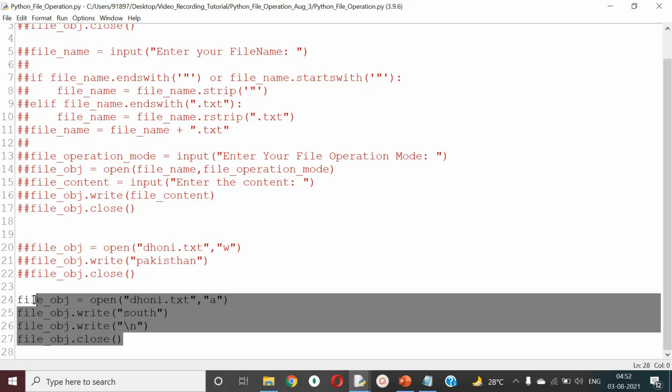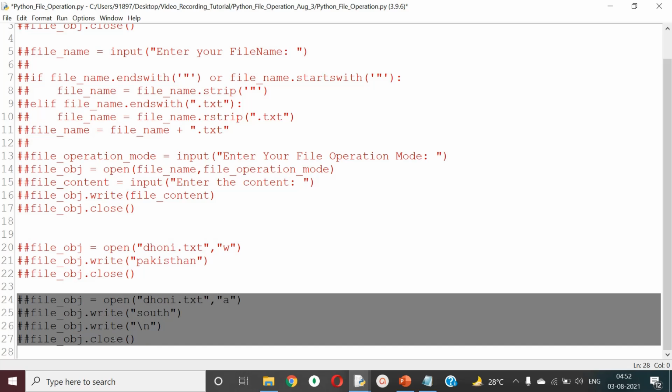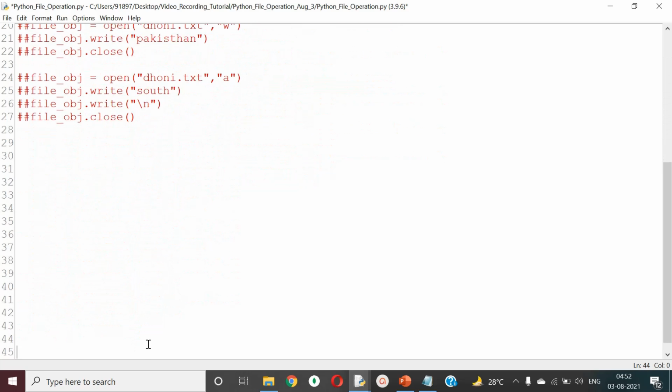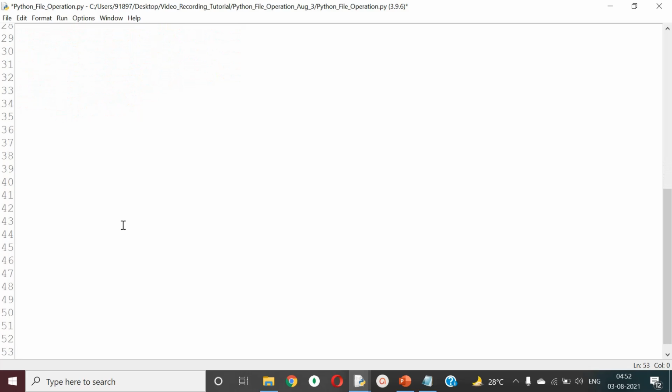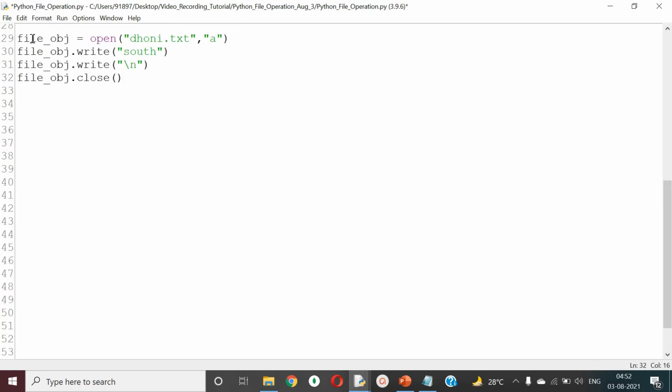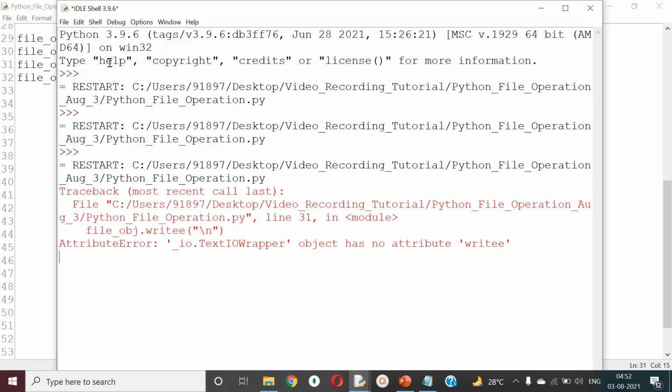Now this is how the file operation works. But the real challenge lies over here. Look at this. I'm trying to append this data, and by mistake I wrote a function which is not there. I'm trying to use a new function called write, which does not exist. What will happen? Obviously it is going to end up in an error. Straightforward error.